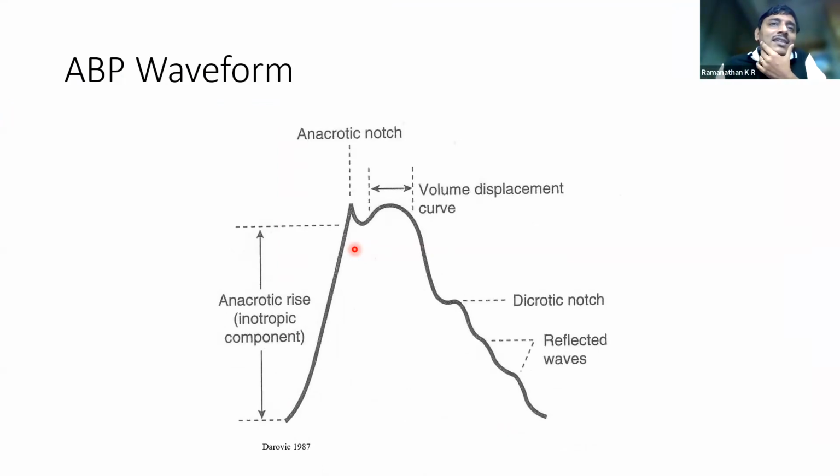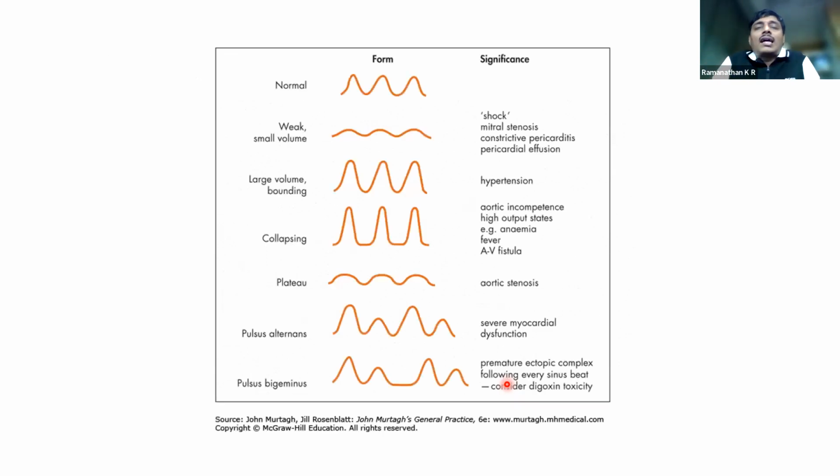Of course, again, this is all basic physiology. The arterial trace has an inotropic component, which is characterized by the anacrotic rise. It has a dicrotic notch beyond which your diastole starts. So essentially, the area under the curve, if you draw a straight line from the dicrotic notch to the baseline, would represent your systolic BP and diastolic BP respectively. So the lower the dicrotic notch is, you have to understand that the patient definitely has problems with afterload too. So these are some of the basic aspects that you can gain from the arterial waveform.